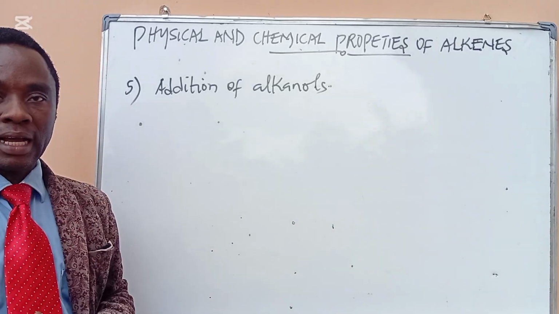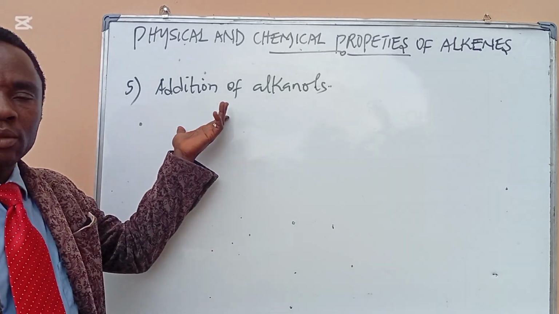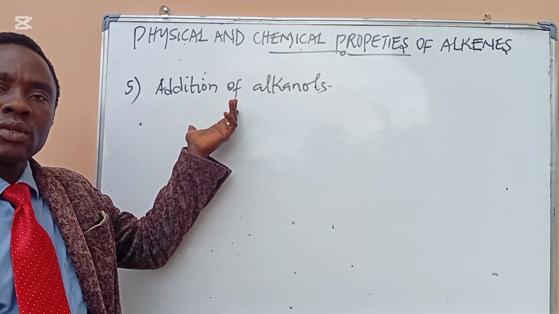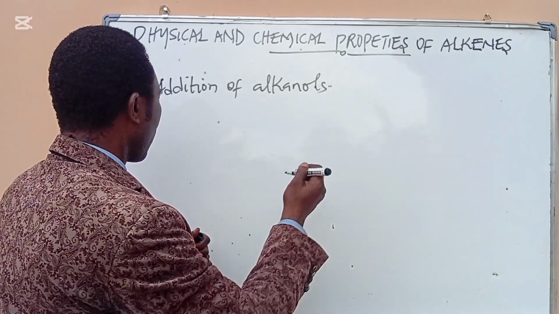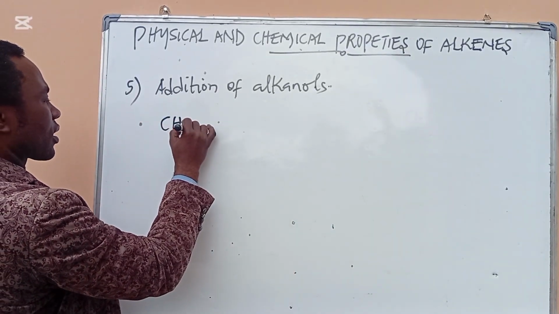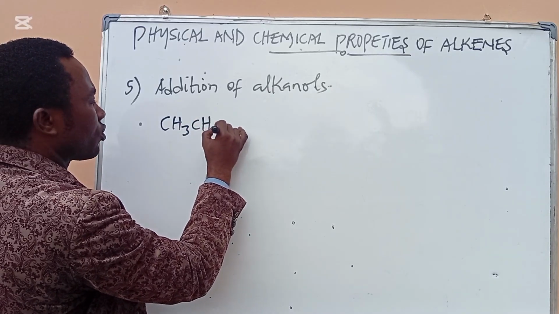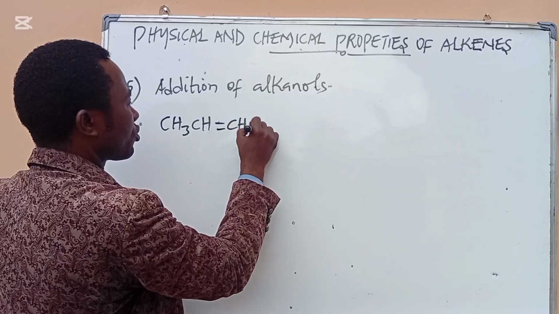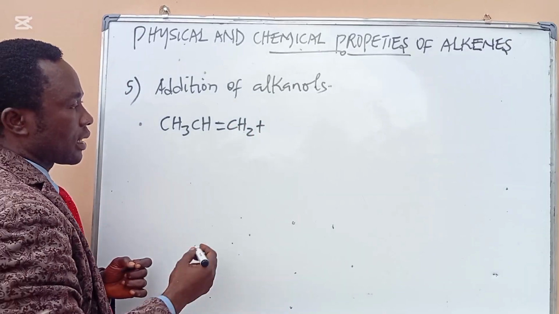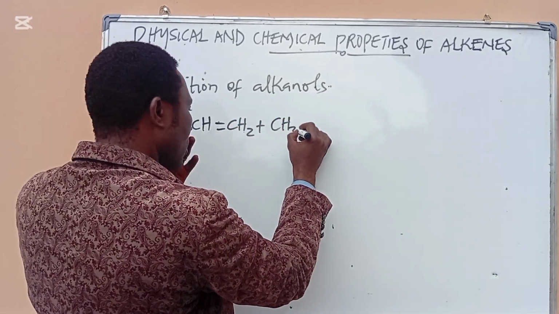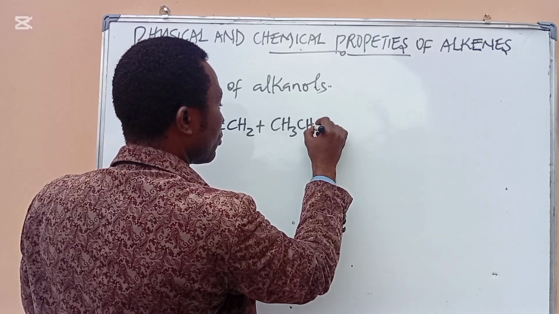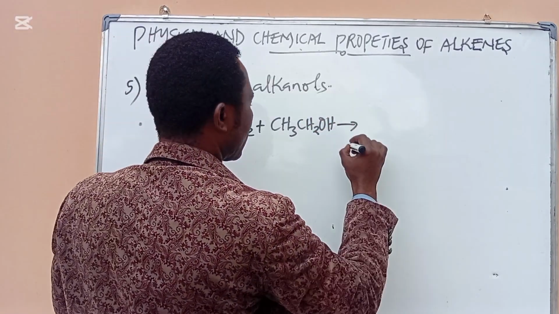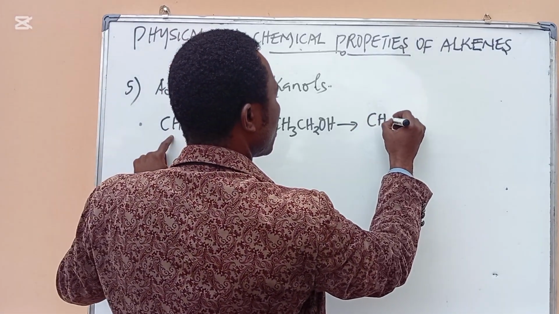So the next reaction is addition of alkanols. We can add alkanols to alkenes. When alkanols are added to alkenes, we get ethers. Now, when we have CH3 CH double bond CH2, and we are adding an alkanol, CH3 CH2OH, what we will get is a CH3